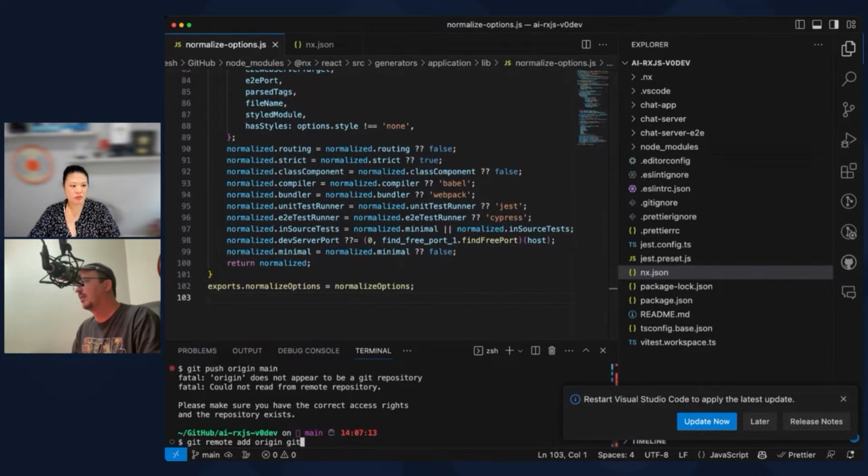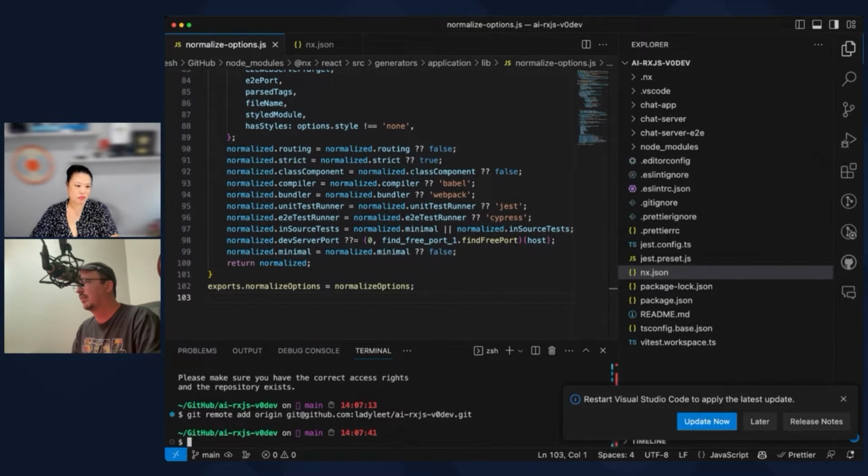And what's the repository again? It's very complicated. Hold on a second. Let me check. We have the same name as ai-rxjs-v0-dev.git.